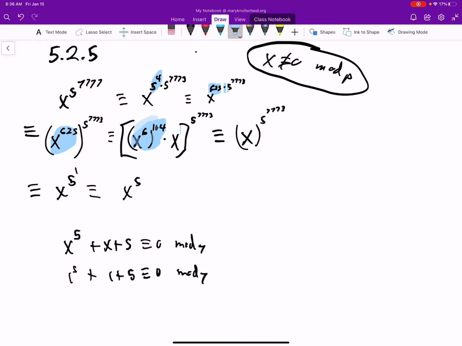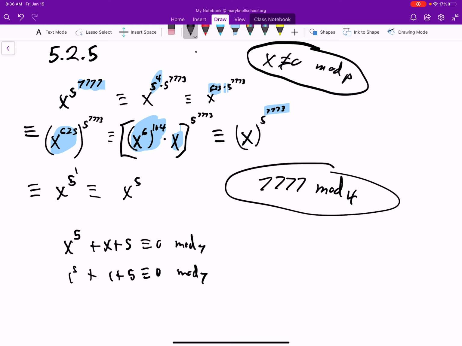Now, this ends up being 1, and so we're just left with this x left. Now, notice we went from 7777 to 7773, so we've taken 4 off of it. So I know that for sure I can take 4 off, 4 off, 4 off every time, right? So that's basically saying I want 7777 mod 4, right? Because we can subtract 4 from it and just continue. So if we do that, we find 777 mod 4, and that's going to be 1. So I go ahead and put a 1 there, and then we get x to the 5th to the first